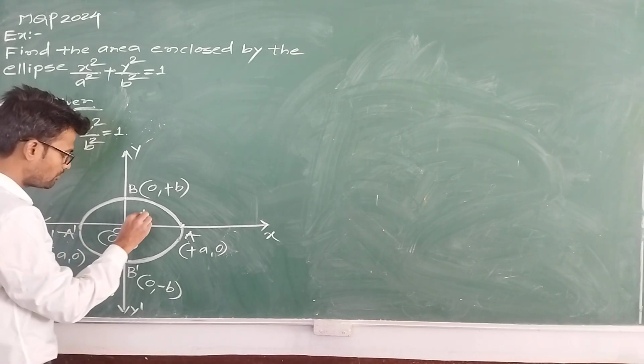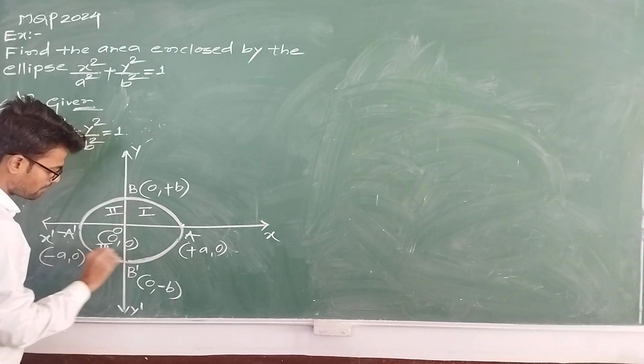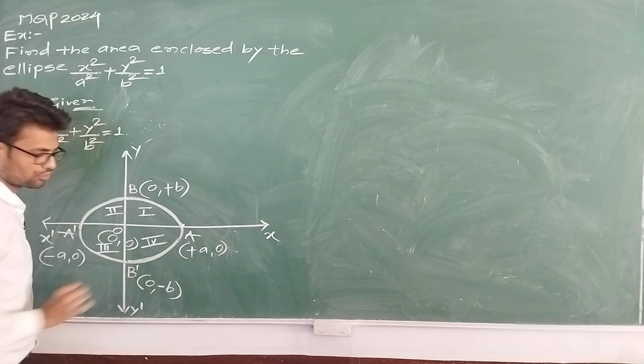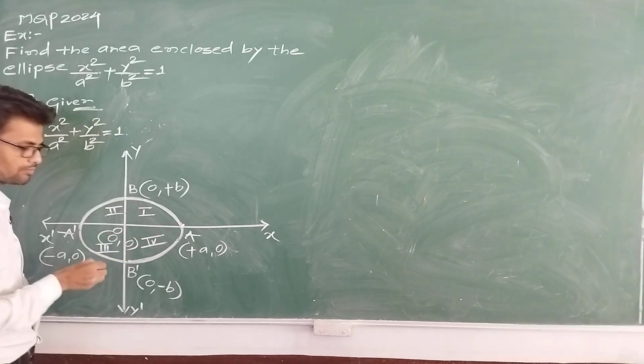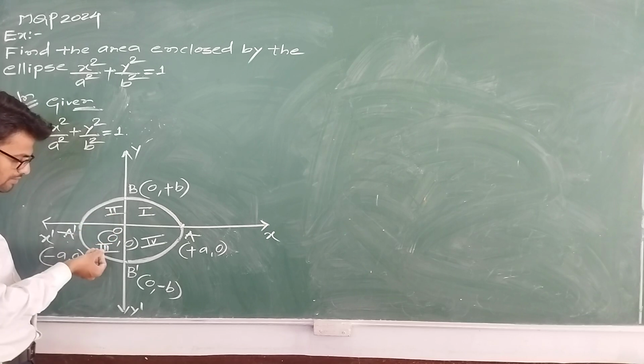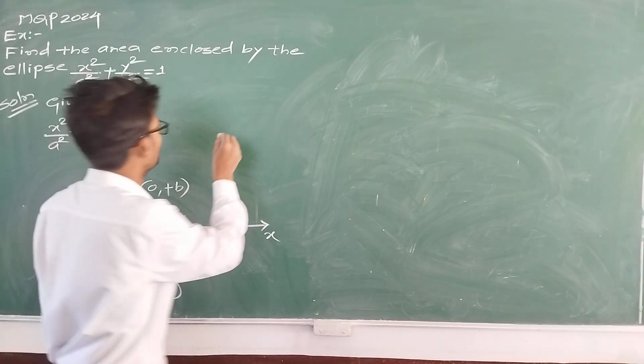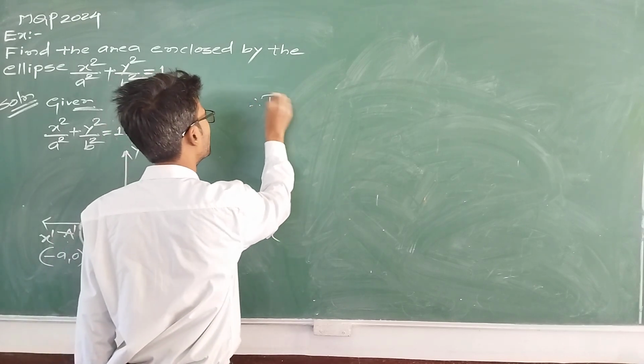It is part number 1, part 2, part 3 and this is part 4. We are having 4 equal parts. Area of the first part is the same as the second, second is the same as third, and first, second, third is the same as the fourth one. So, therefore, I will write here required